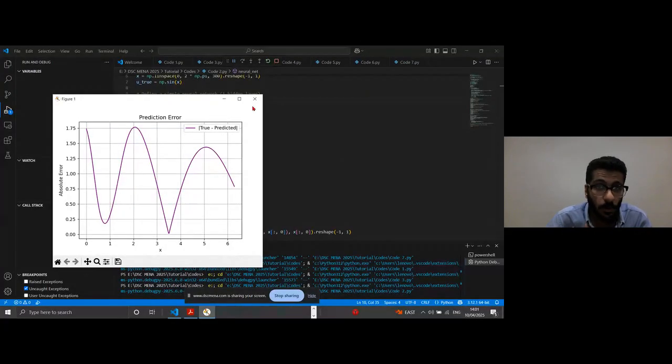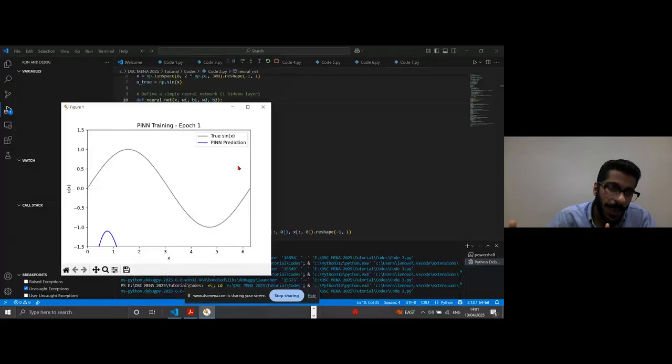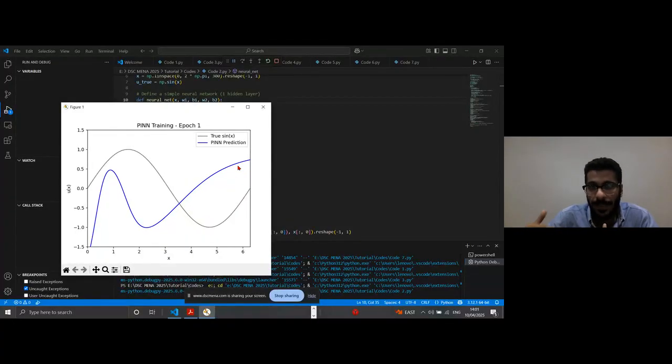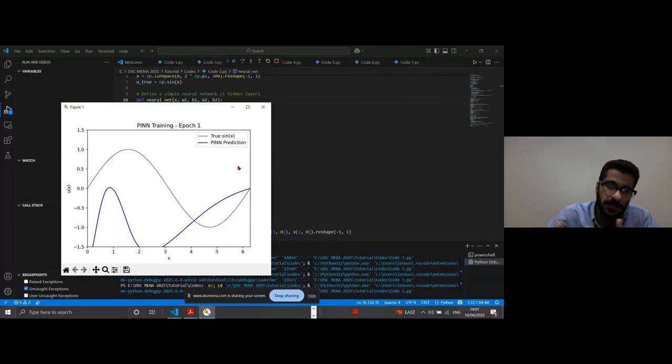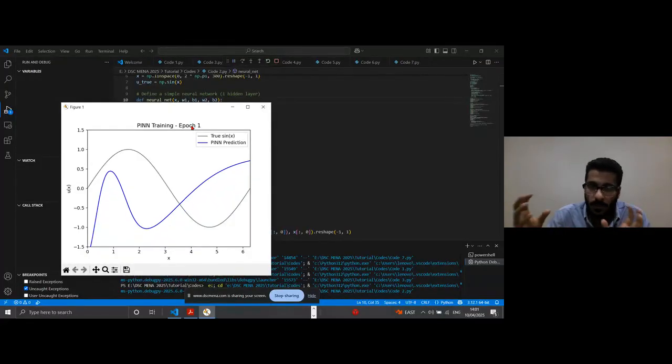Once it's trained, you can see that there's a perfect match between the true and predicted model for the sine wave. And then you will see in this near model how we try to get a true prediction of the correct sine wave using the physics-informed neural network.